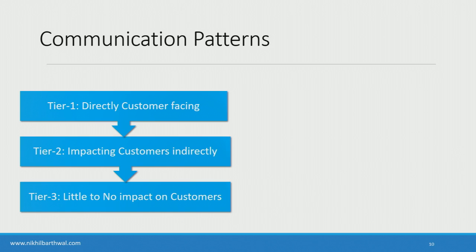For example, let's say you're running an e-business, say Amazon or something. If your front end is down, the customers can't place an order. So your system is basically unusable by the end user customer, right? That's a tier 1 service. It impacts the customer pretty much directly, like you can't just use the system.